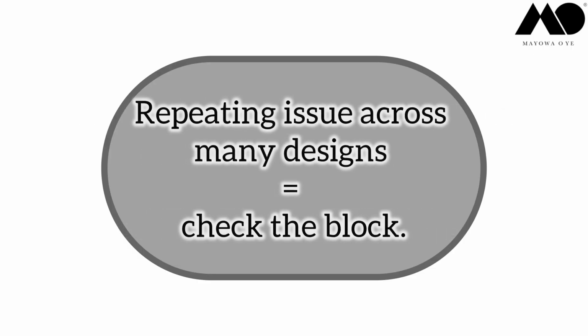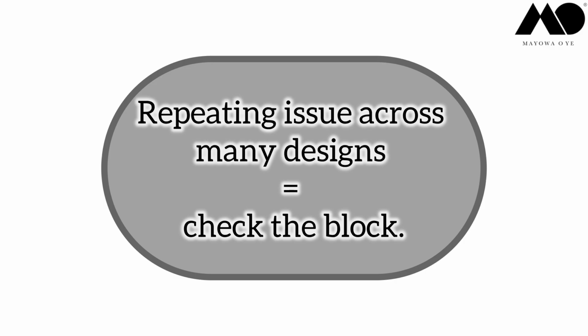And it is for this main issue that my pattern drafting foundations course exists, because the block is like the root of a tree. If the root is wrong, the branches will keep growing with the same problem. So ask yourself, does this issue happen even in a simple or basic version of the garment I'm trying to make? Does it happen before I add the style details, or does it keep coming back in different designs? If you answered yes to all of this, you may be looking at a